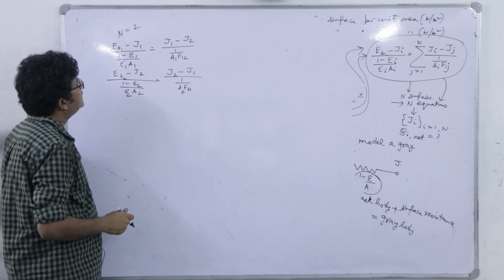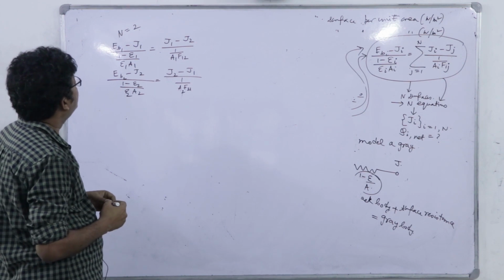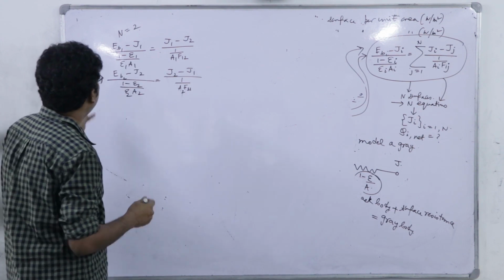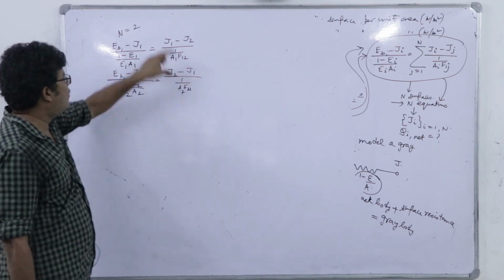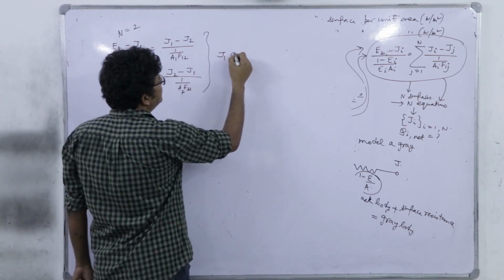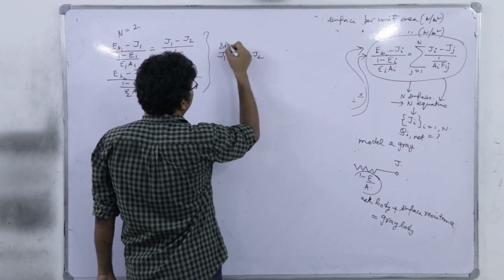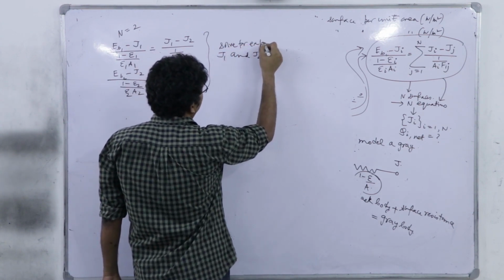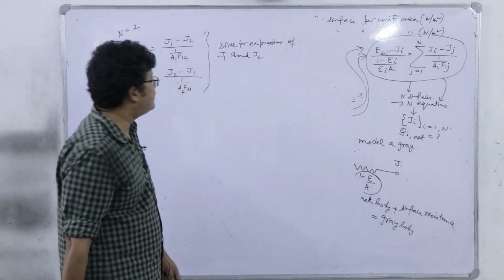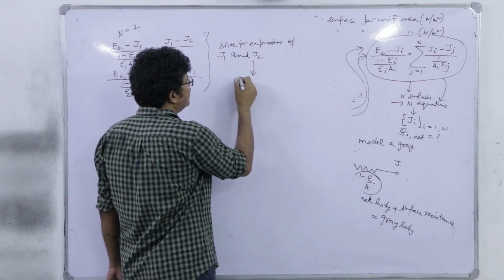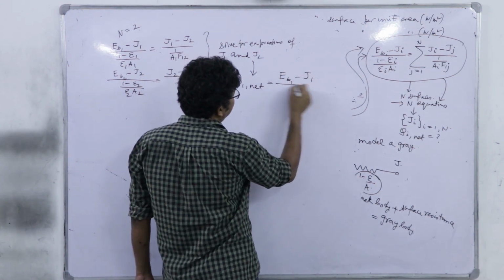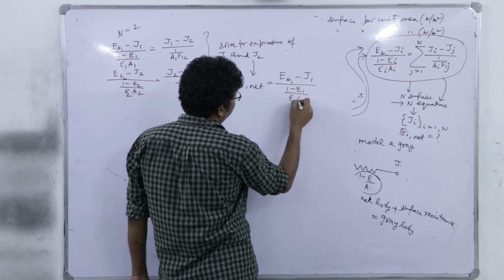Now, you see that if I solve for J1 and J2, we can do that because it is a linear equation. Though the coefficient expressions are a bit complicated, we can solve for expressions of J1 and J2. Now, once you know this J1 and J2, you can write Q1 net as Eb1 minus J1 divided by (1 minus epsilon 1) by epsilon 1 A1.